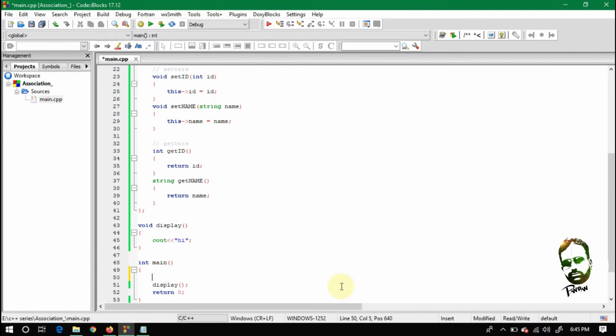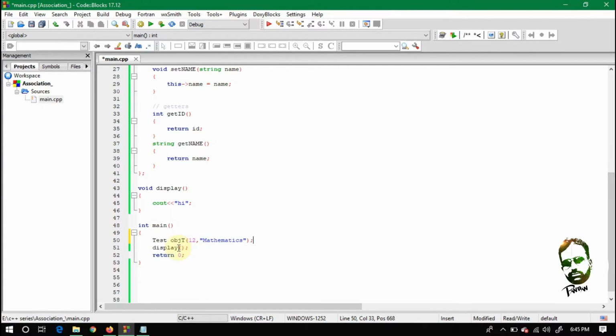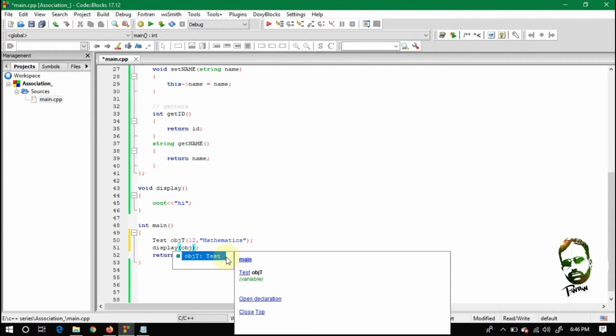So let's make here an object of Test. Let's suppose the name of the object is obj t, and pass here 12, and the test name is, let's suppose, mathematics. So now pass this object into this function.